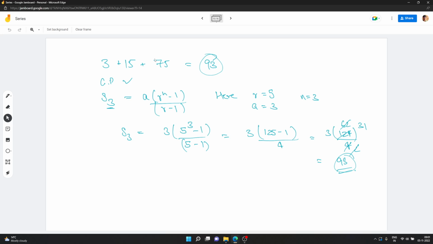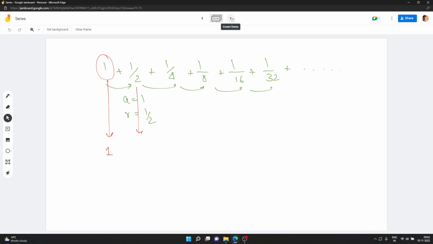Basically, what I'm trying to say is, if you try to add only one term, this is 1, then the sum of the first two terms will be 1 and a half. Okay, let me just repeat that once. So I'm considering this series 1 half